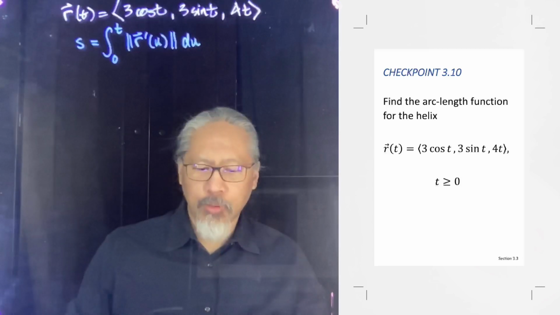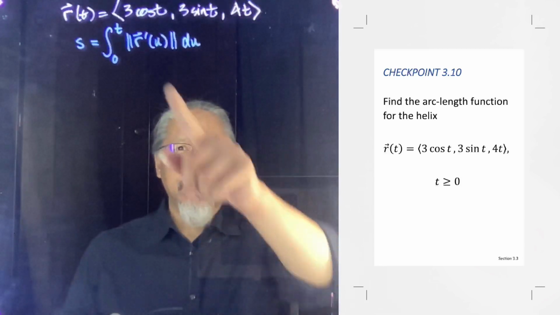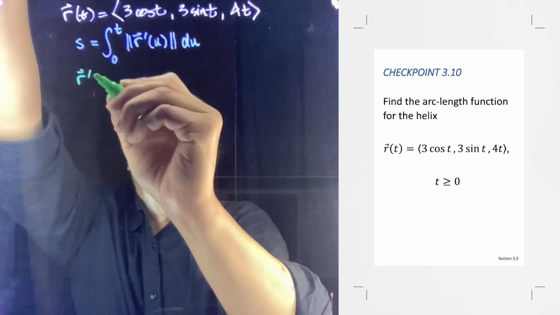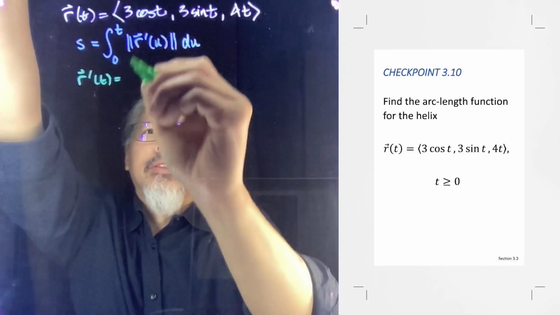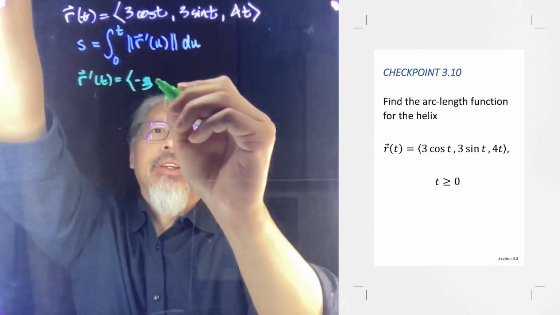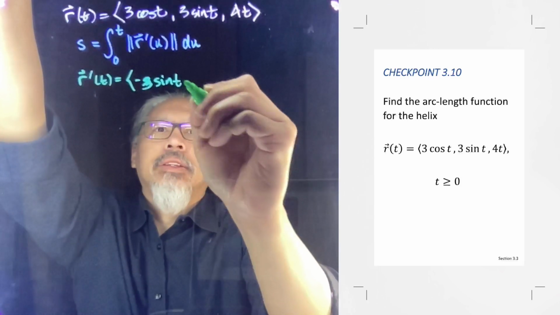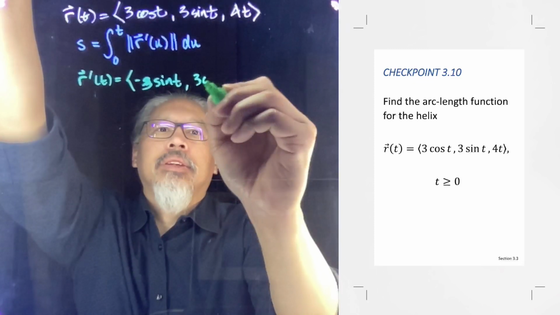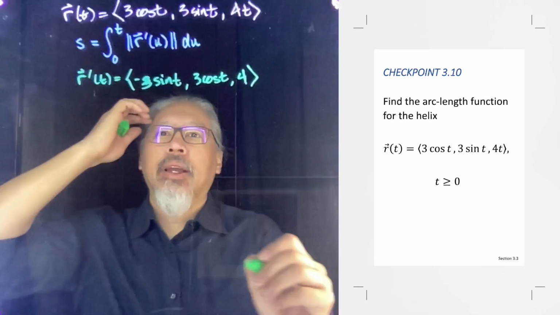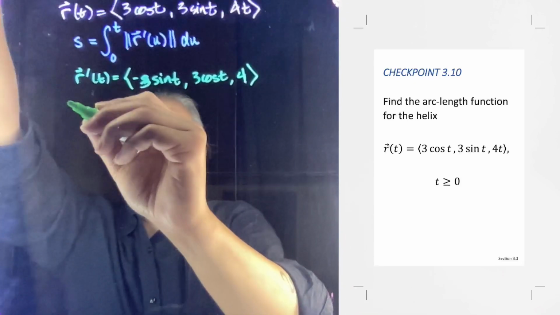Okay, we need to find r prime. R prime of t is going to be the derivative: cosine is negative sine, negative 3 sine t, positive 3 cosine t, and then 4. And if we want the magnitude of that,